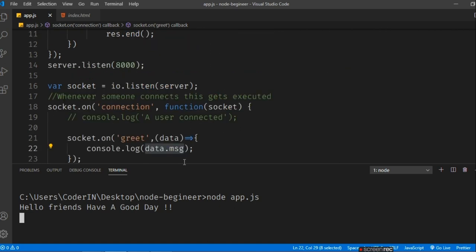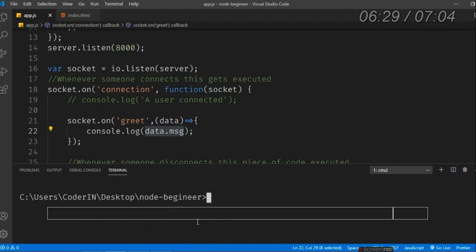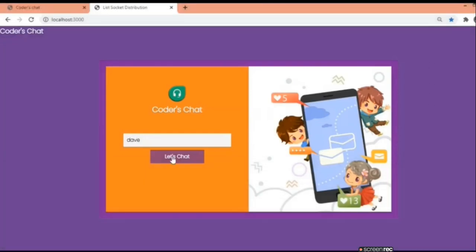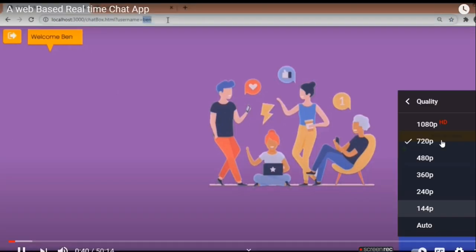Guys, if you want to know much more about this event emitter class, you can see one of my videos which I have already done regarding the emitter. I have built a chat app. This entire chat application uses socket.io, and it follows all the rules of event emitter. If you're interested, you can go to my YouTube channel and find it, and if you want, you can ask me any questions in the comments. So this is the main intention of the event emitter class in Node.js.